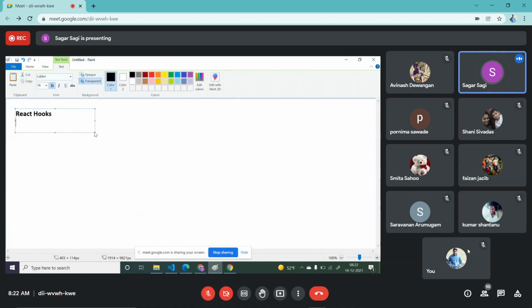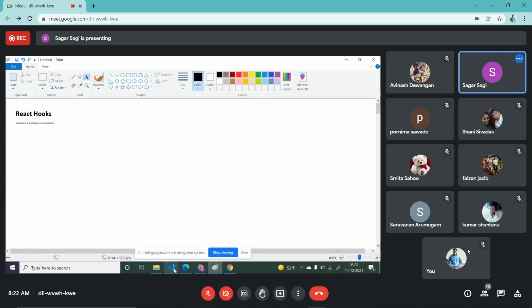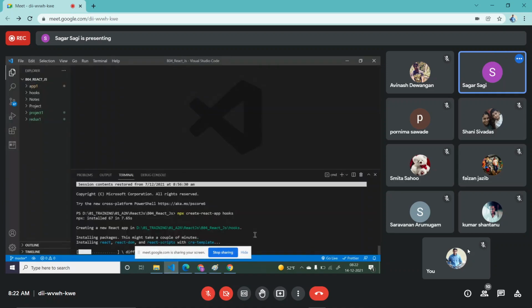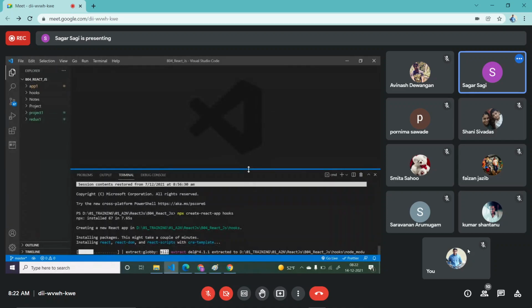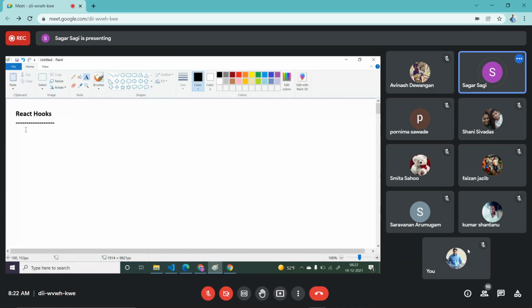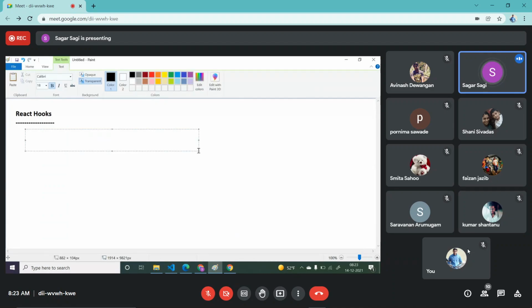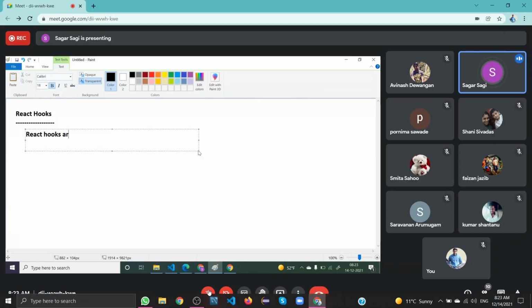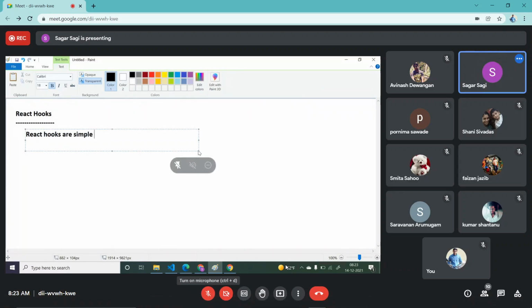Can anyone tell me what are React hooks? What are React hooks? React hooks are simple JS functions.